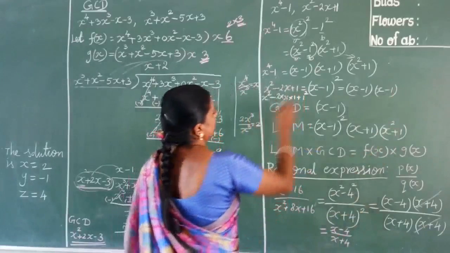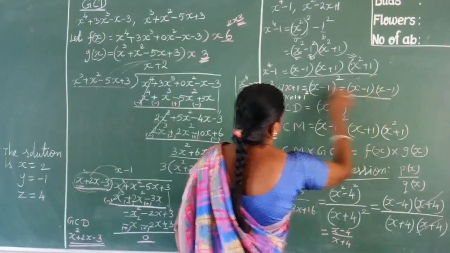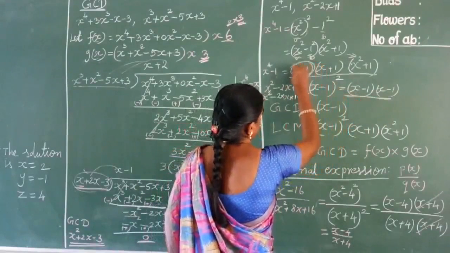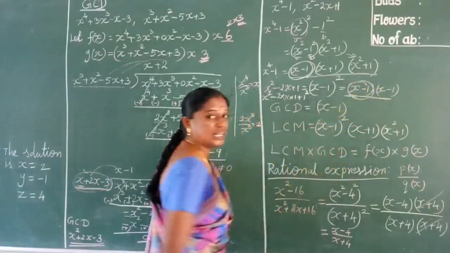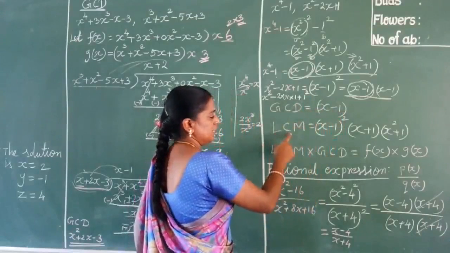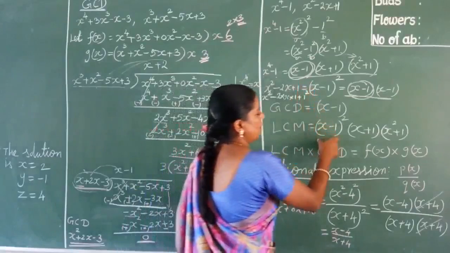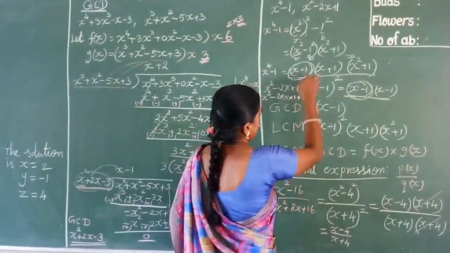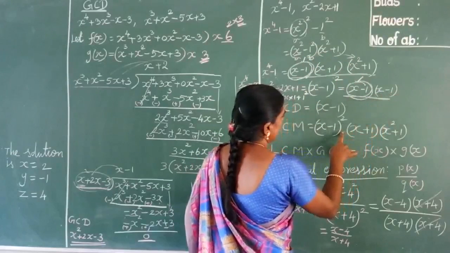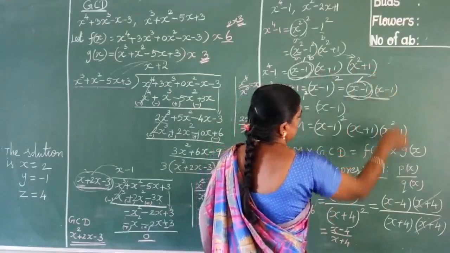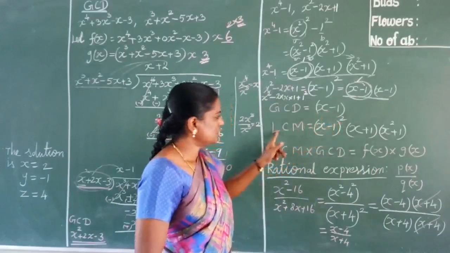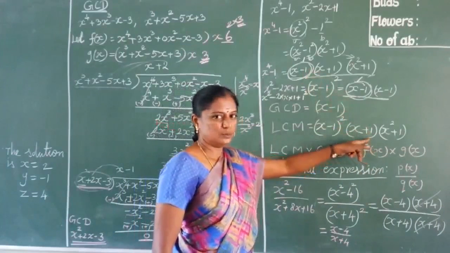Now see these two polynomial answers. Which is common? x minus 1, x minus 1. Again, anything common? No. So x minus 1 only is common. So GCD is x minus 1. Next LCM. LCM means first write the common terms and the extra terms also. So here x minus 1 is common, and again one x minus 1 term is there, and the x plus 1 term and the x square plus 1 term. Is it clear? So GCD is the common term only, LCM is the common term and they write the remaining terms also.